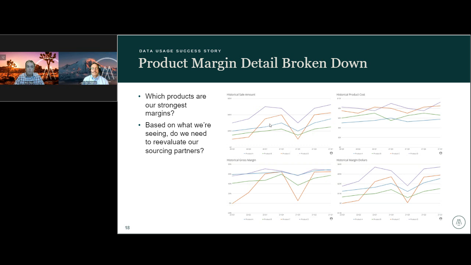So a couple more views here. What we were able to break down was not only what we were selling and how we were selling in, but also what it was costing us to get it from our sourcing partners overseas into our retailers and directly to our consumers, and what that different mix looked like. Because again, your wholesale sell-in is going to be very different margin-wise than selling direct to consumer.